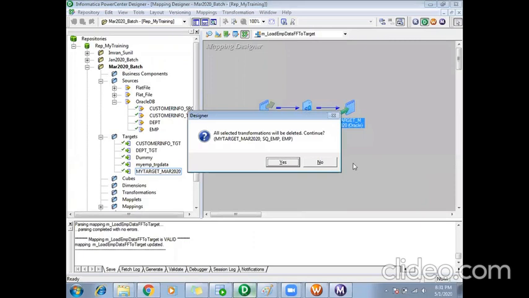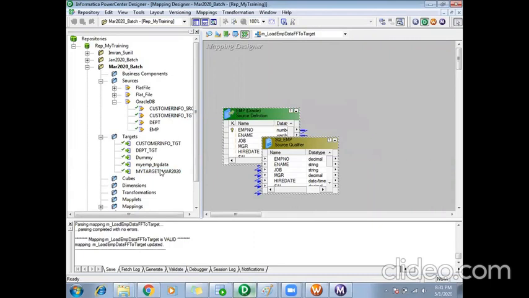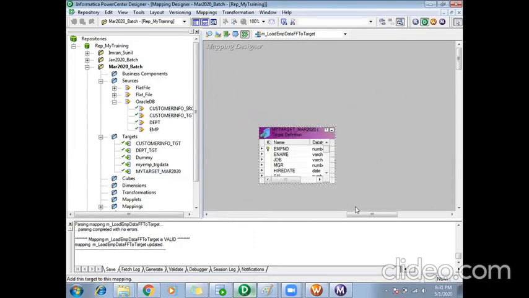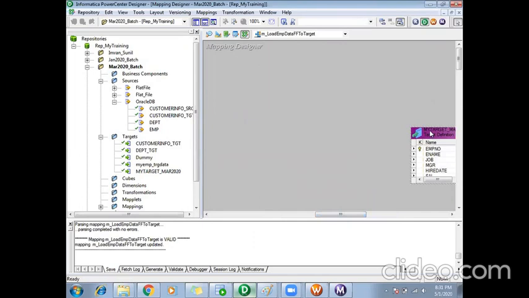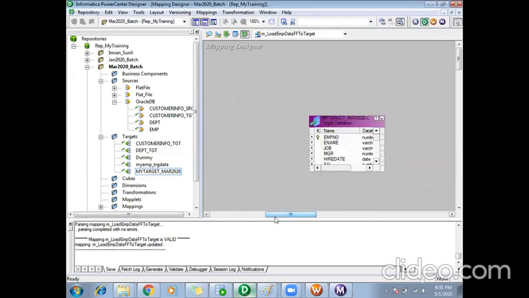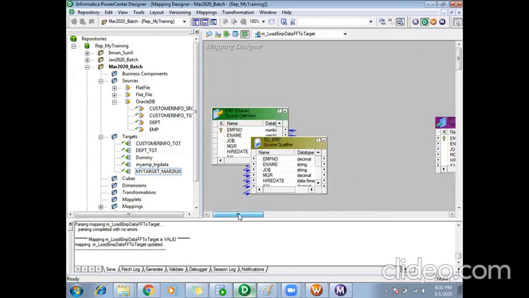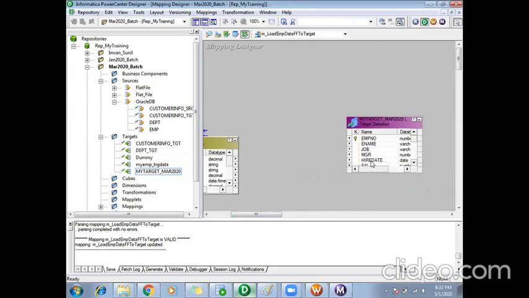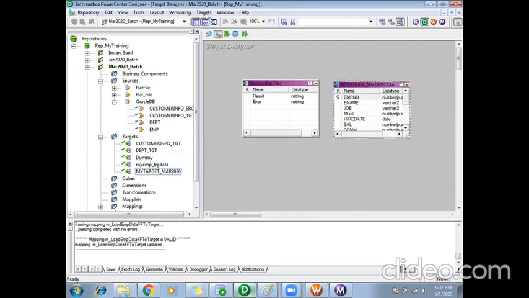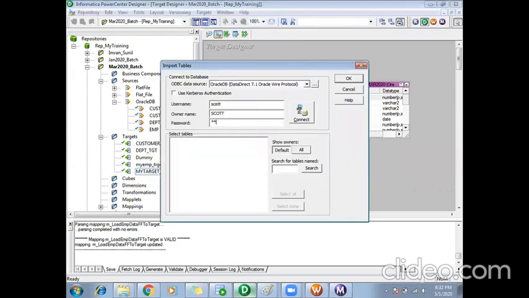So again, my source is the employee table and my target is my target employee table. Okay, I have renamed one of the columns in my target, so I can manually change it, or otherwise I can re-import my target.